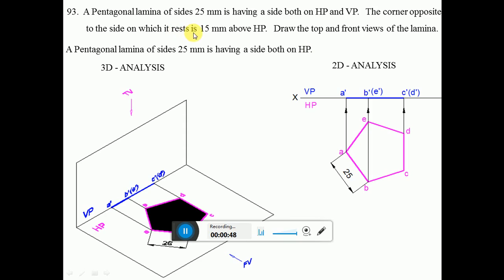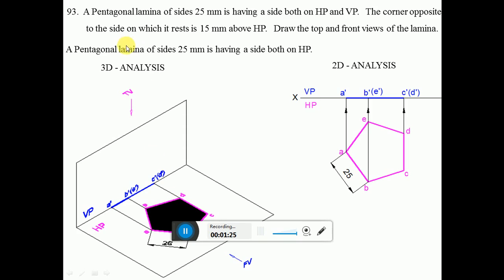So here he says, since it is resting on one of its sides on HP, obviously you have to start from HP. When you do that, you can see you have a side on one side, and on the other one you are going to get a corner. Since it is an odd number, the opposite of a side will always be a corner. So this is a side and this is the corner, and you can place it like this also. This can be a side and this can be a corner. Either way you can do it.